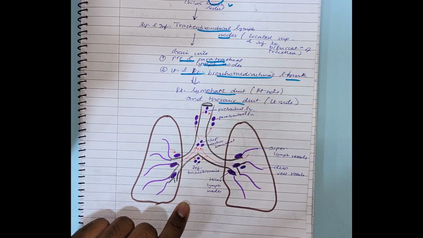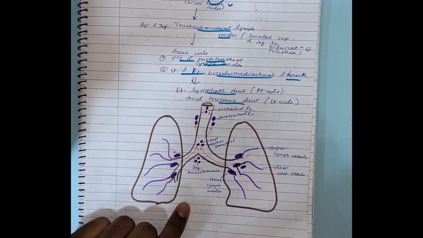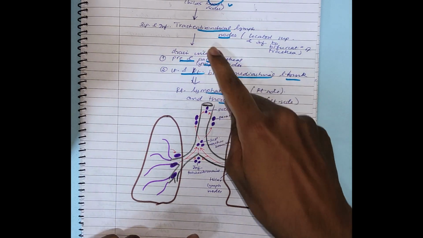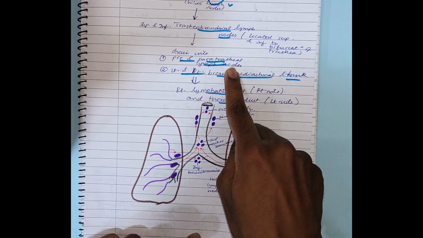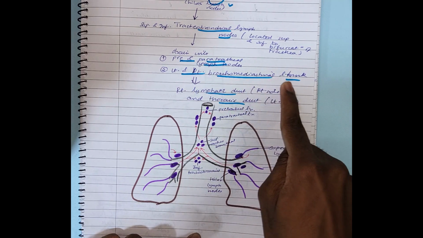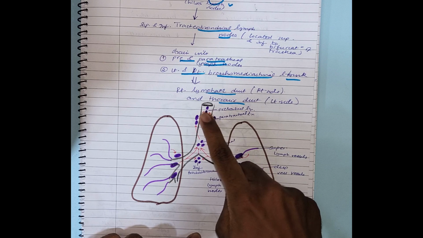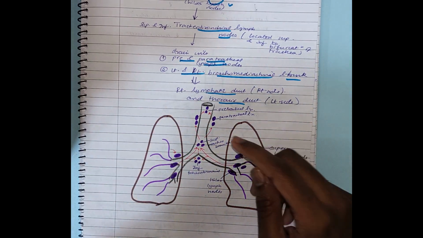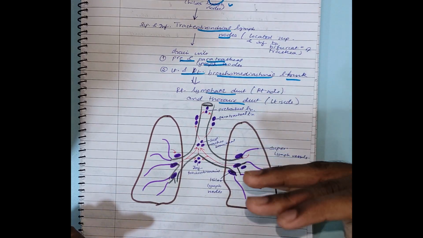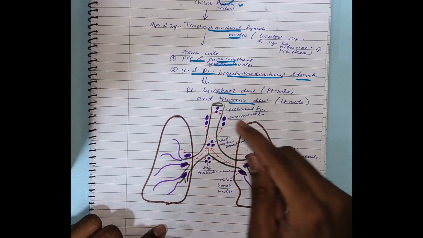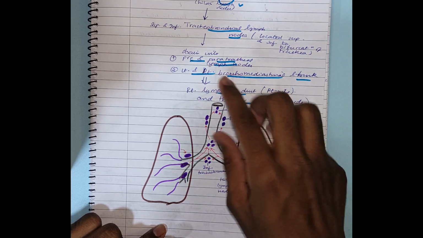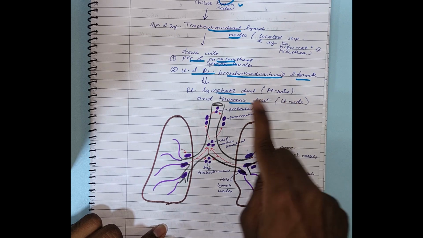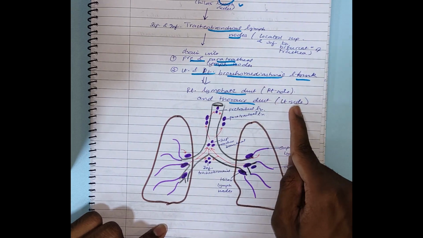These are located superiorly and inferiorly, at the level of bifurcation of trachea. After that, these drain into the pre and the paratracheal lymph nodes and left and right bronchomediastinal lymph trunk. So these are the pretracheal lymph nodes and these are the paratracheal lymph nodes. Para means located on the side. Pre means located before or located in front. Finally, all the lymph from these lymph vessels drains into the right lymphatic duct in case of the right side, and thoracic duct in case of the left side.